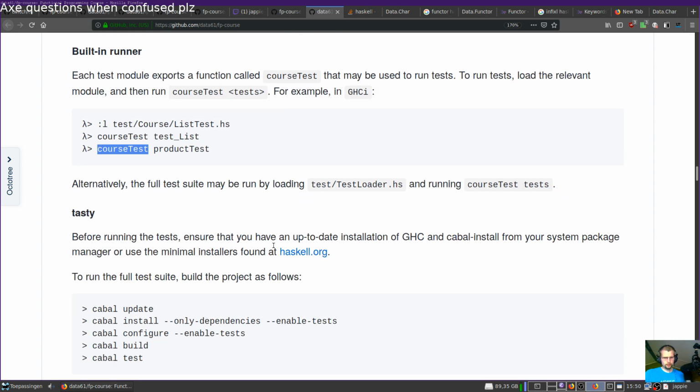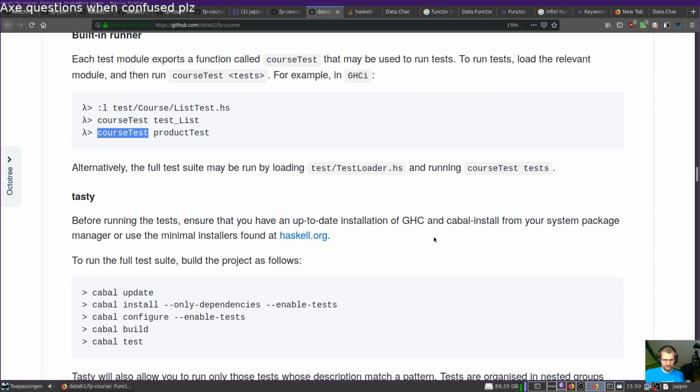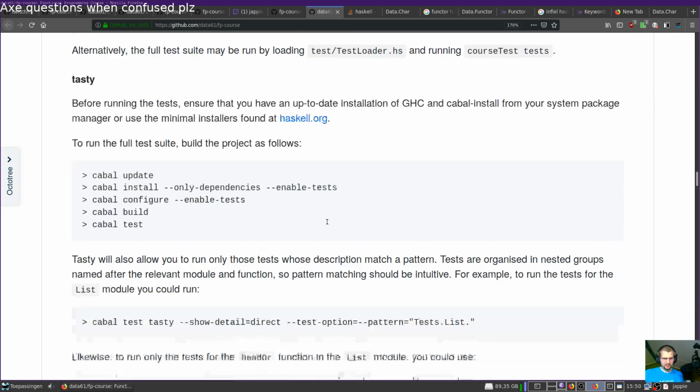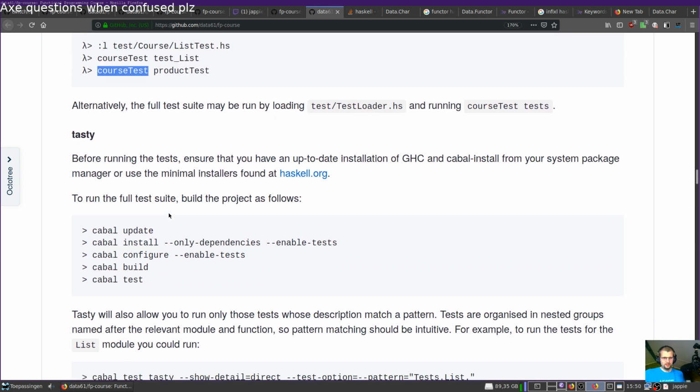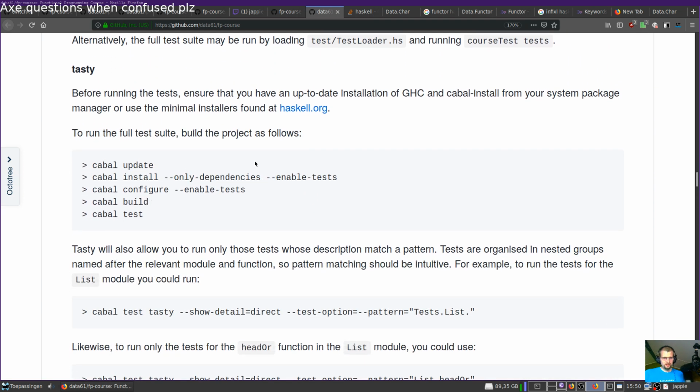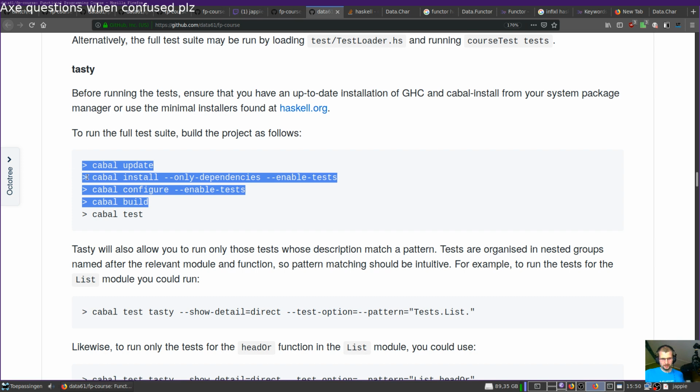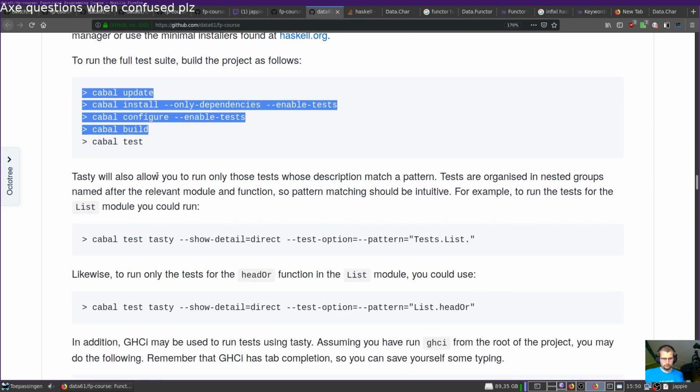Before running tests, ensure you have an up-to-date installation of cabal. Don't do this, man. Yeah, it doesn't work with Nix or reproducible builds.